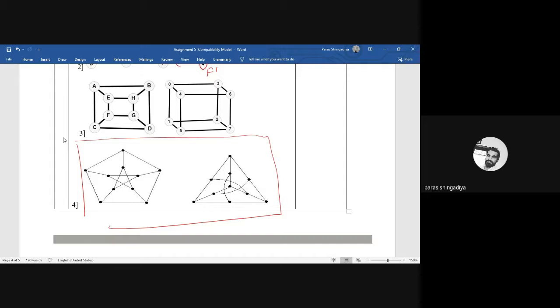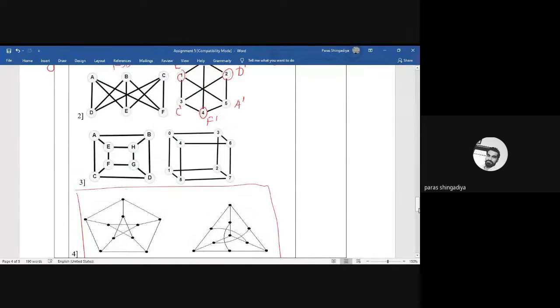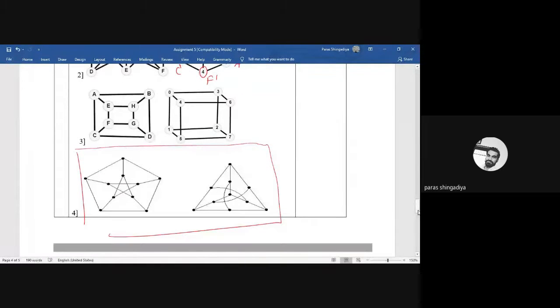In the exam, in one of the papers. So just practice some more exercises. You have to find out the image of every vertex in the second graph, and that will be considered for the evaluation. Not only one line saying it is isomorphic or not isomorphic. You have to mention the image of every vertex of the first graph in the second graph. That will be considered for evaluation, for marking.